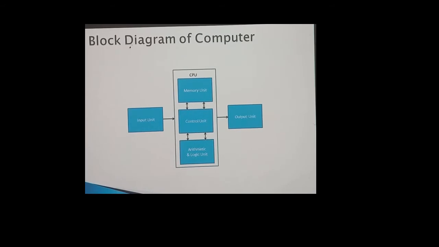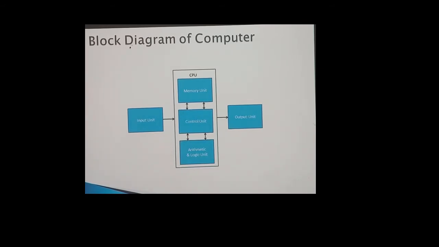If the user assigns a mathematical operation, that operation is shifted towards the arithmetic logical unit. If the user assigns comparative operations, they are passed towards the control unit. If the user wants to store data, that data is passed towards the memory unit. After processing the inputted raw data, the generated proper output is shown on an output unit or output devices.